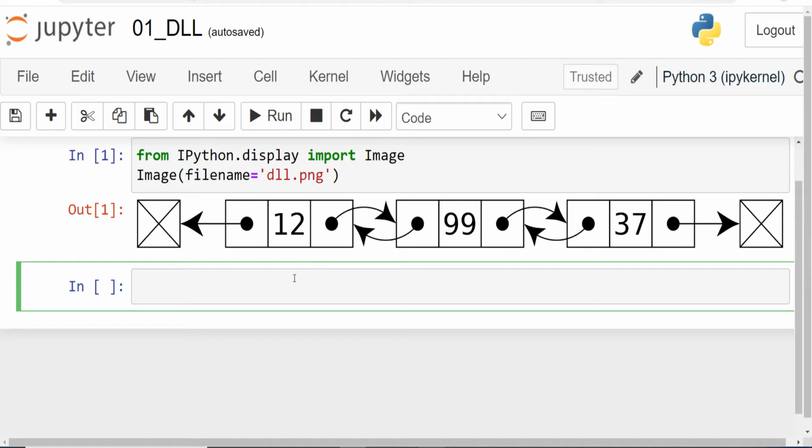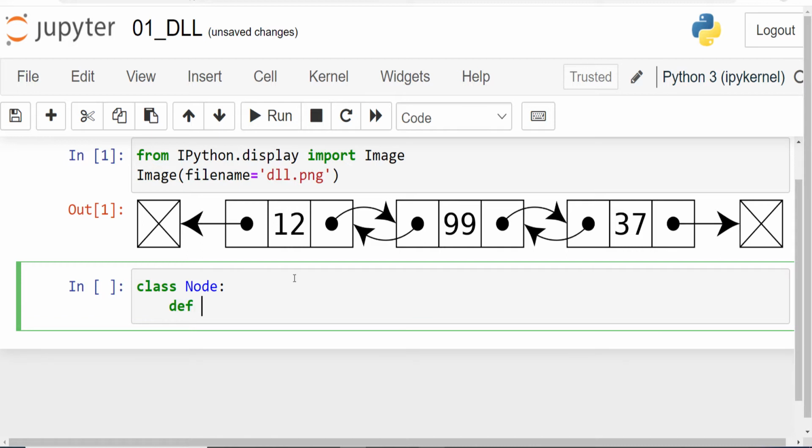Now let us go ahead and define a simple node, and we are going to keep on using the same notebook for all the doubly linked list demonstrations, just like the way we did it in singly linked lists with Python. So this is the very first episode and we are defining everything here. And we are going to use the same thing as a template for our further programs.